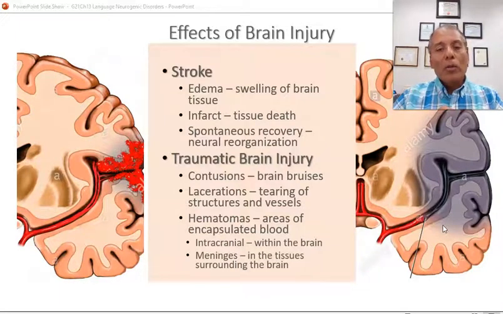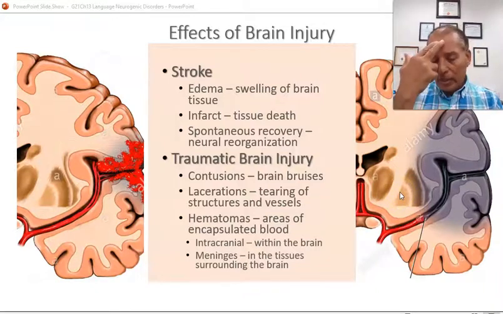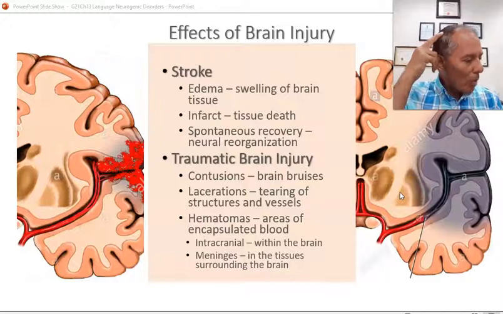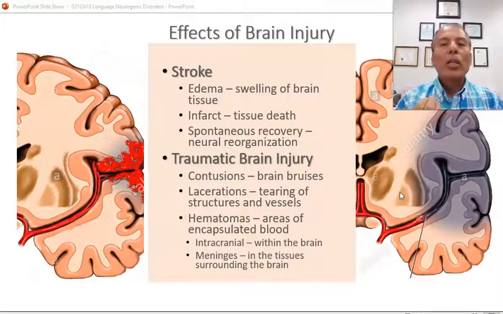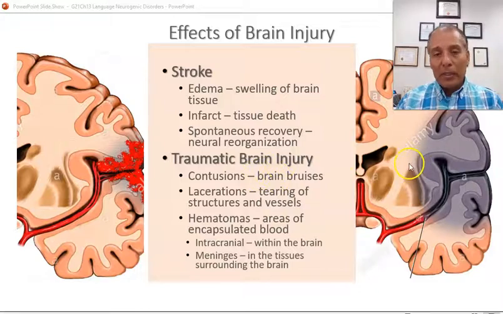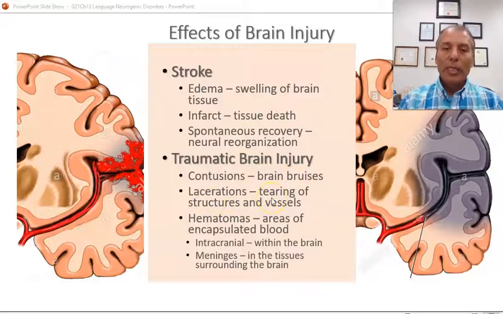In terms of brain injury, again, it depends on where it hits. If it hits in the frontal or parietal lobe or temporal or occipital, it depends on where, because every area is specialized in a particular set of functions. So in terms of the physical damage, traumatic brain injuries cause contusions, which are brain bruises, lacerations, which mean tearing of